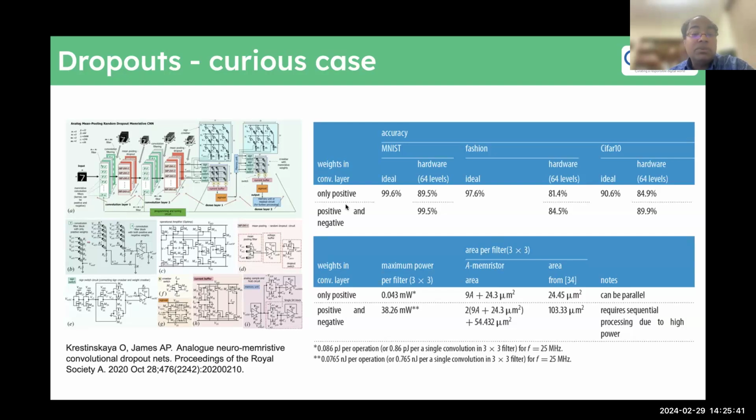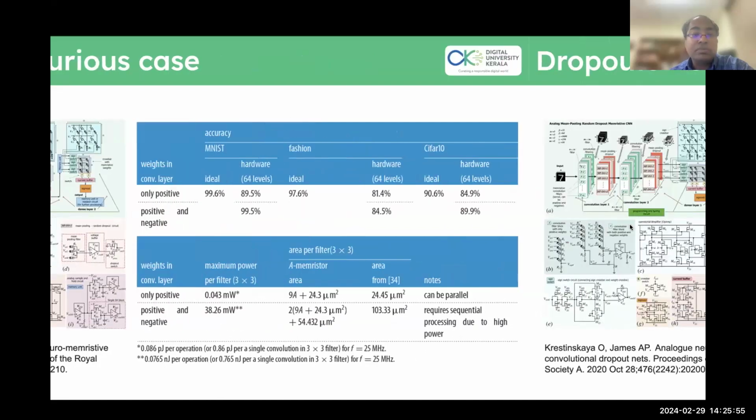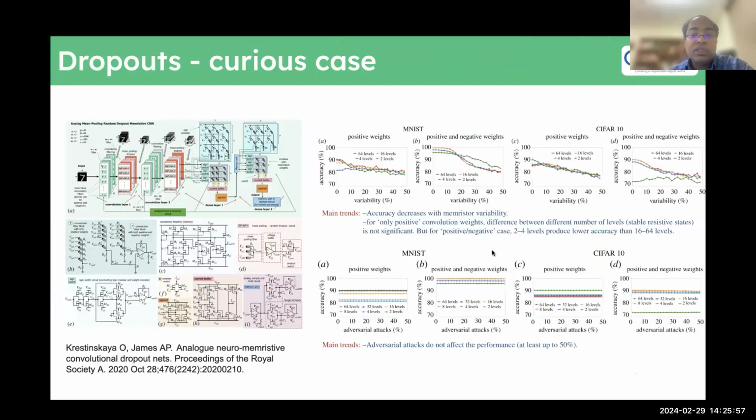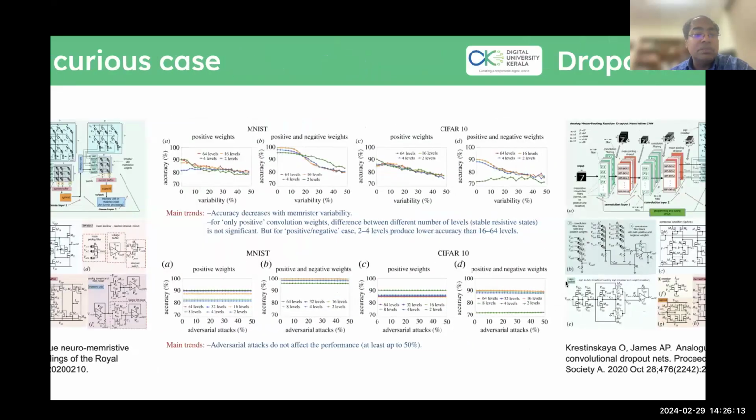So from a hardware perspective, in many of these applications which are close to the sensor, you want to save the battery power. So it would make a lot of sense to have these kinds of dropout networks. So these were some of the results that we found, that even with variability and even with various kinds of adversarial attacks onto the sensors and onto these networks, it would still give fairly decent performance.